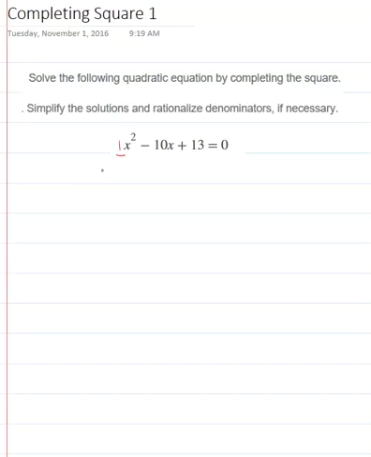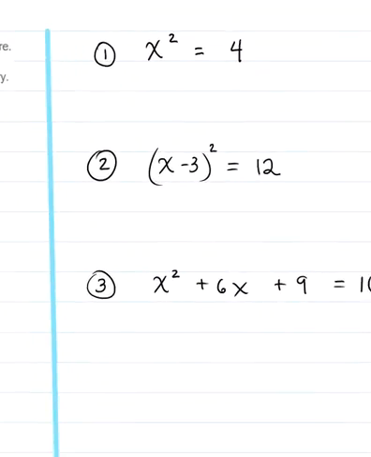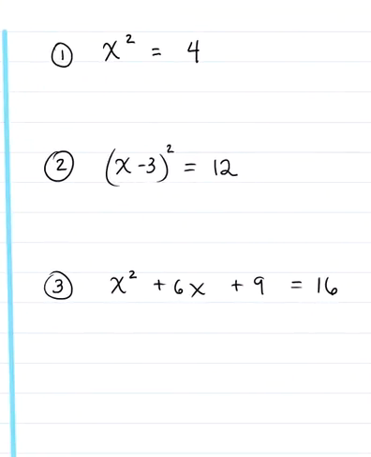So to learn to solve these, we're first going to look at some ideas here about solving quadratics that have a perfect square already on one side. So a simple one would be x squared is equal to 4. Well, we want to get x by itself, so to undo a square, we simply take the square root of both sides. And since we want both of the roots, we're going to put a plus or a minus on